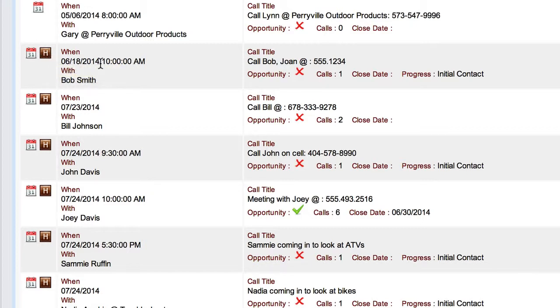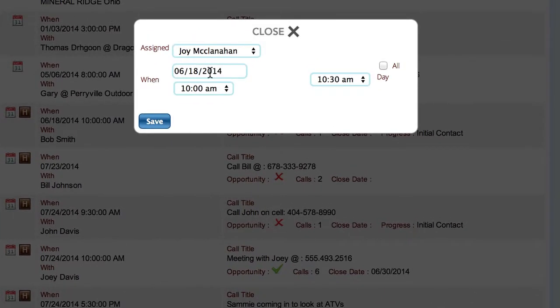When the call is scheduled, so this one is scheduled to get called back on 6/18. So obviously this didn't happen because it didn't get rescheduled. So if I wanted to reschedule this particular one for, say, tomorrow, I just select the calendar, choose the date that I want to reschedule them for. I can even reassign it to a different person and then save it,